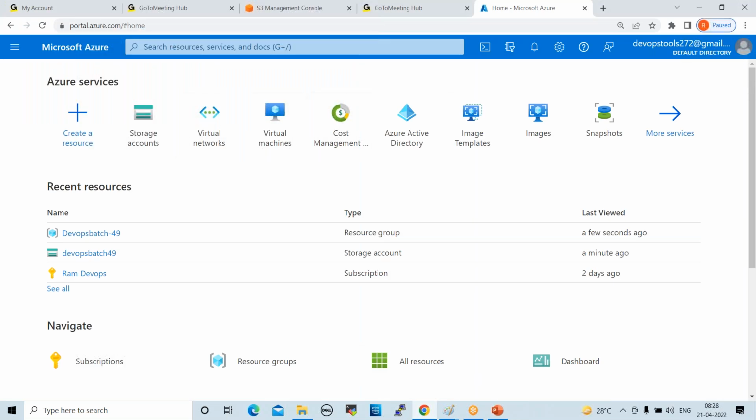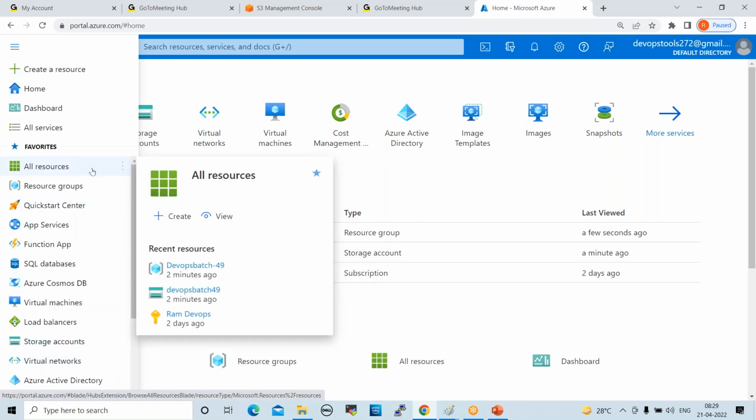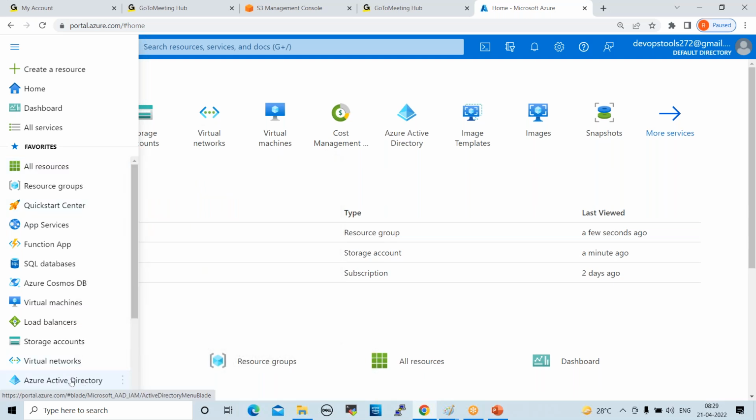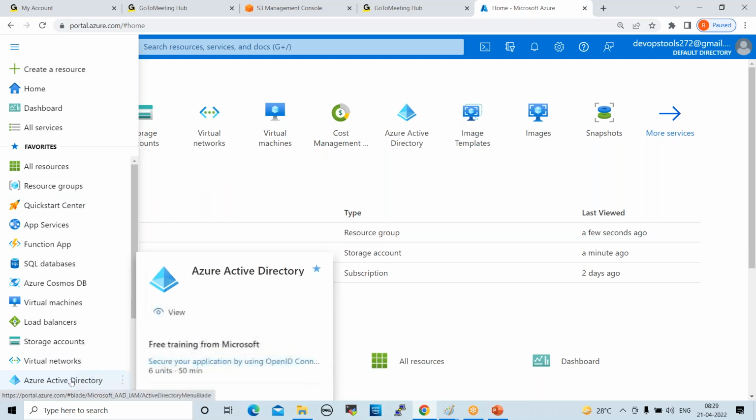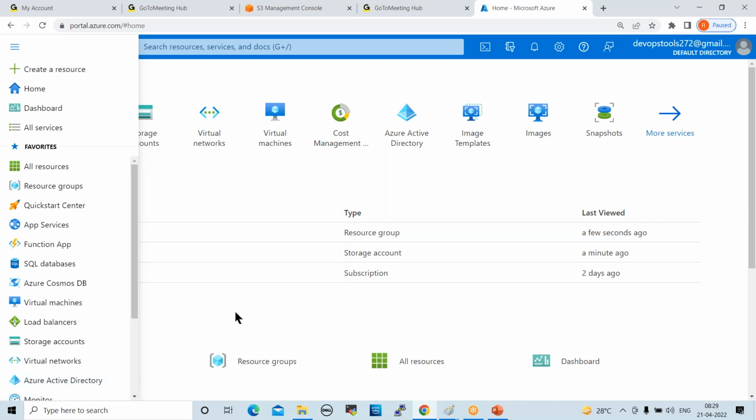let us go to console. Here, one option is there, which is not available in GCP and AWS also, which is Azure Active Directory. See, in Azure Active Directory, you can create the users here. But this Active Directory is not available in AWS and GCP, right? So if you want to create any user in Azure, you can go to Azure Active Directory and we can create the users. From here only, you can create the users. Okay. So now,